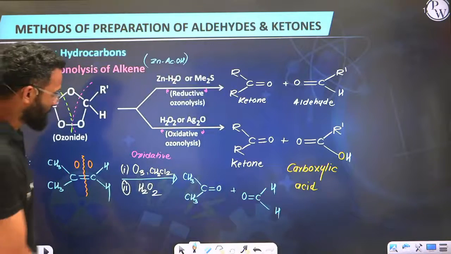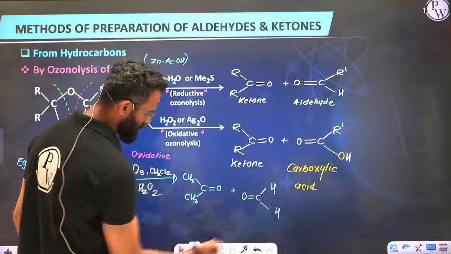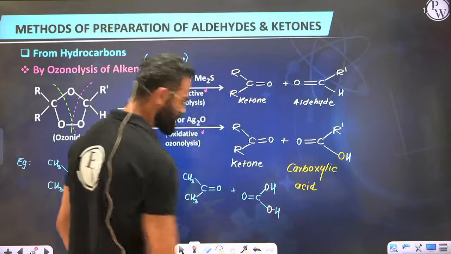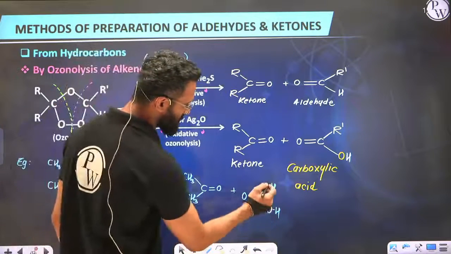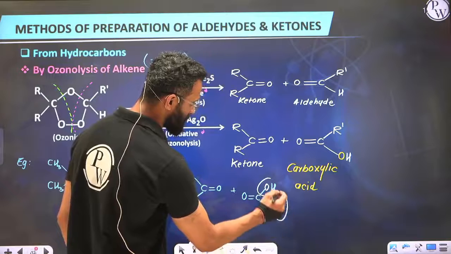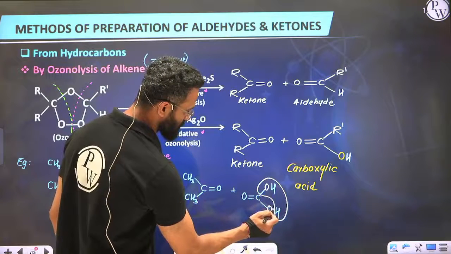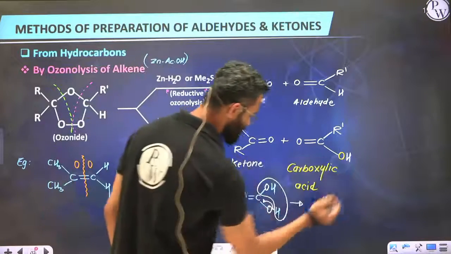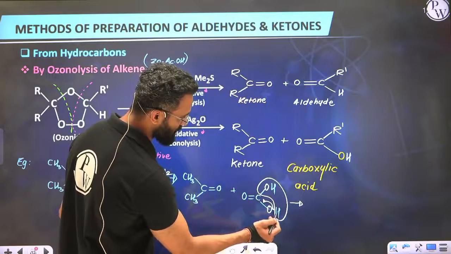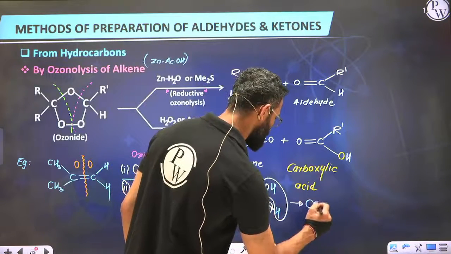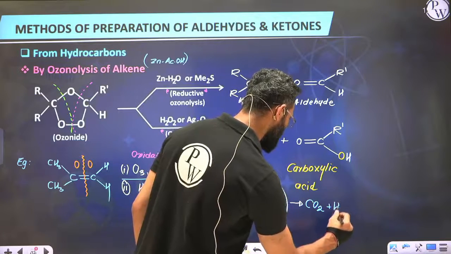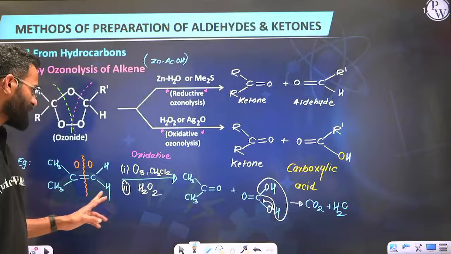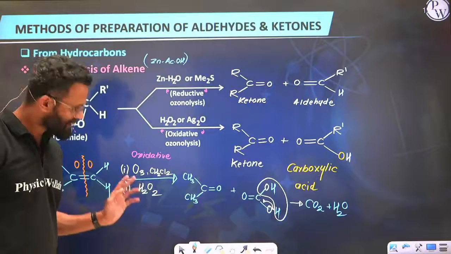Now because these two H's are connected to carbonyl carbon, they are oxidizable, so they will undergo oxidation, so you'll get OH. Now see, at the same carbon two OH being unstable, it will further immediately eliminate water molecule. So the bond between O and H, which was here, will shift here. So this is eventually going to give us product as O double bond C double bond O, meaning CO2 and H2O. Conclusion: if we have terminal alkene and if conditions are oxidative ozonolysis, then we are not going to get